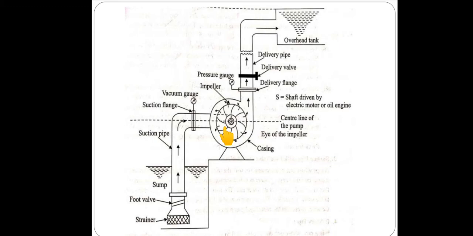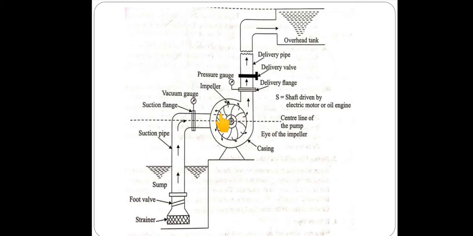Okay, which body is moving? That is the impeller. So the force directed away from the center is called centrifugal force. So what happens? Whatever water is coming at the eye due to suction will be directed radially outwards towards the casing. During this process, the kinetic energy of the moving water will be converted into pressure energy.